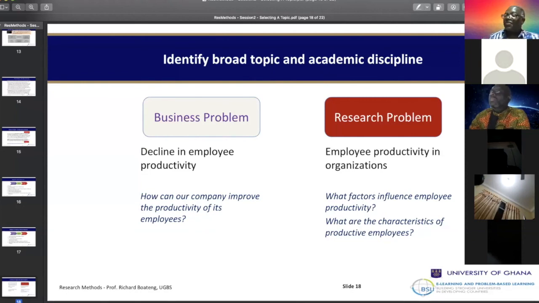Or at the level of the whole organization. So there could be so many different perspectives to that. If you are doing a study on the first one, it's different from doing a study on the second one. That's why I'm saying that both studies can contribute answers to the same business problem, but they are different studies. Hence, I mentioned earlier that the centrality of every research is the question you're asking. Even though the topic is about employee productivity, we have different questions that we are asking. This will give us different answers. All of them try to solve the same problem.